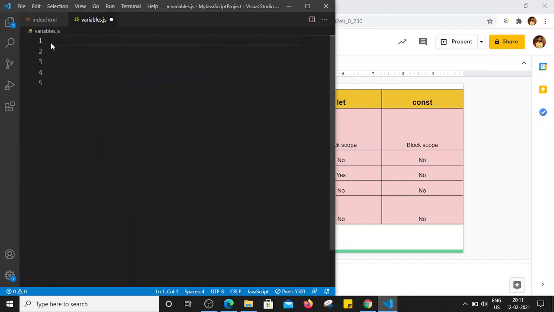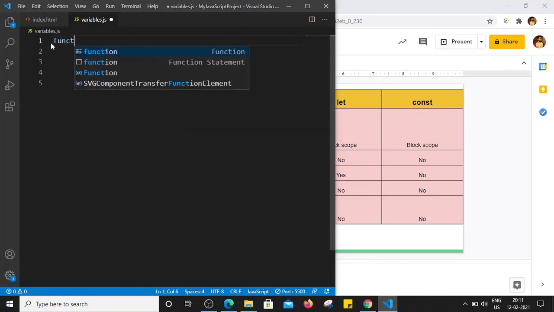So I am just going to remove this. So yeah, I am going to create one function. What a function is, we are going to see in our next lectures. But in simple terms, a function is basically some lines of code which we want to use at different places in our project, right? And we don't want to write the same lines of code every time whenever we want to use it, right? So by using a function, we can create those lines of code in one specific function.